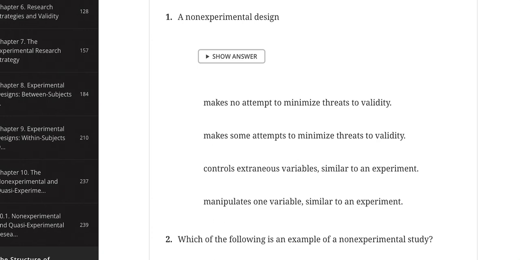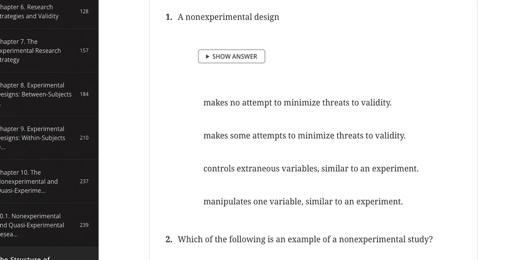manipulates one variable similar to an experiment. Well, again, if there's manipulation, it's not experimental, so that can't be the answer. Or I'm sorry, I said that backwards, I think. If they're manipulating, it isn't non-experimental. I think I said that backwards. And then the third answer, controls extraneous variables similar to an experiment. Again, if they are controlling extraneous variables, then it is experimental. It could possibly be quasi-experimental depending on what they're doing, but it is definitely not non-experimental because there is no